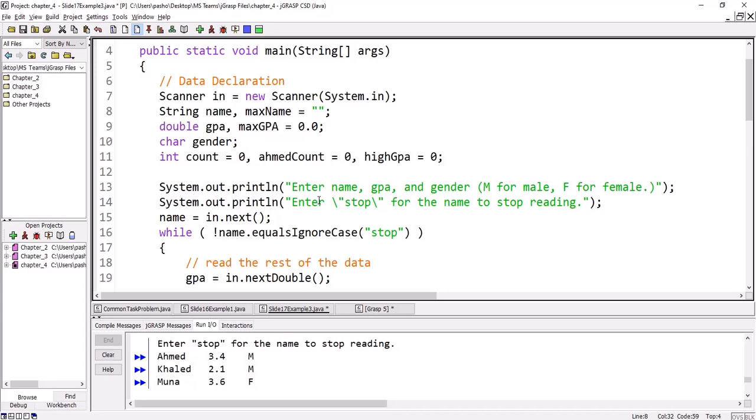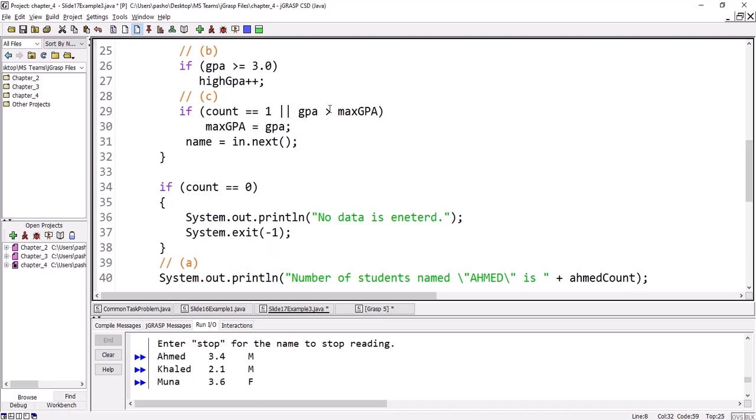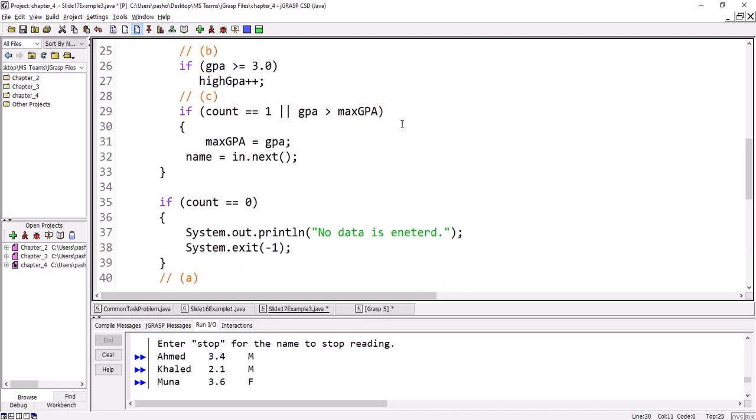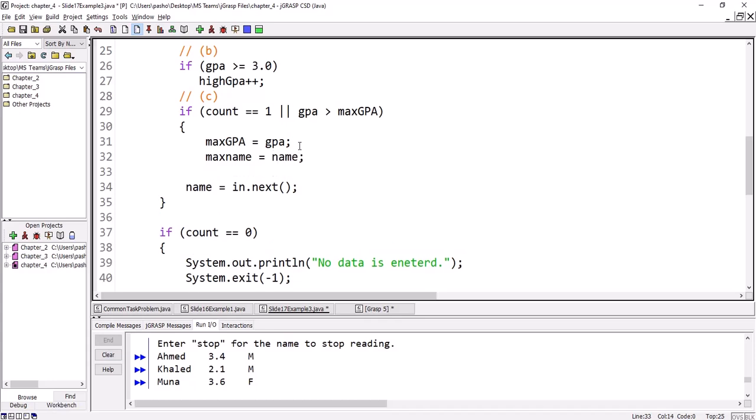Put just an empty string, put nothing inside it, and inside the part that checks for maximum, in addition to updating maximum GPA, also put the name that has the maximum GPA inside max name. So the variable max name